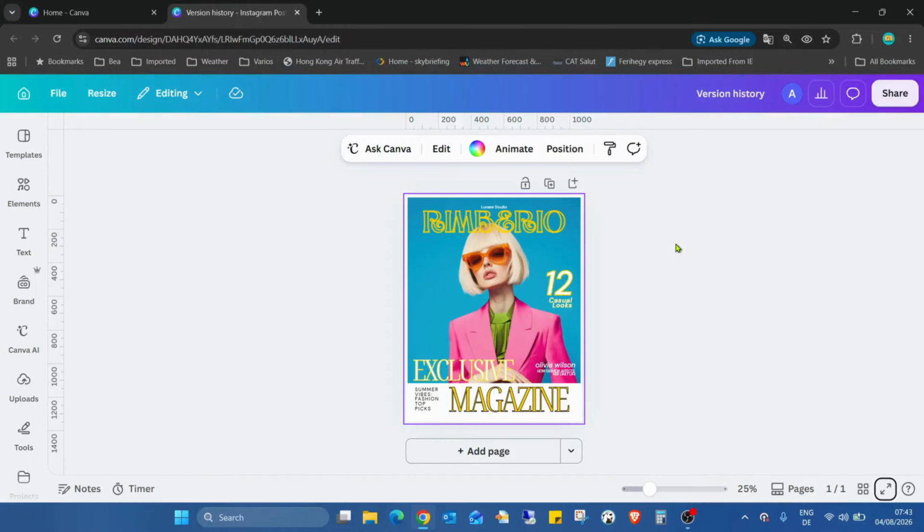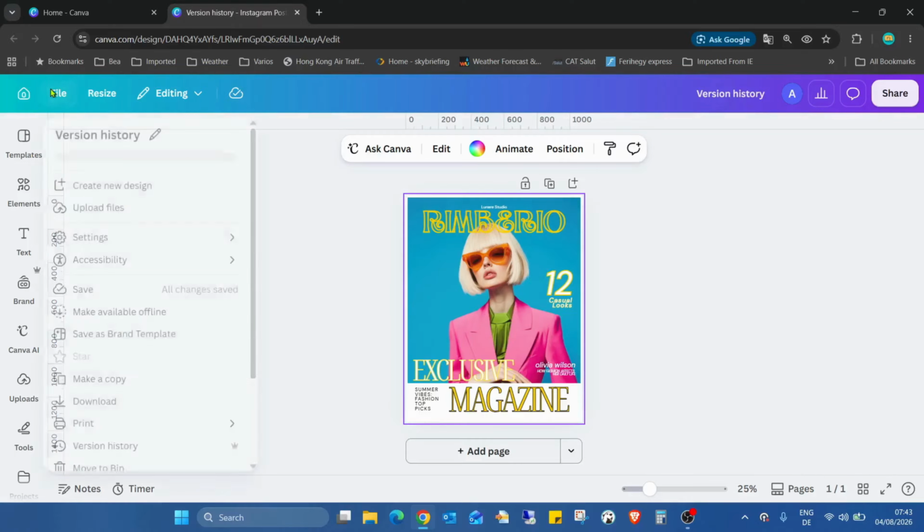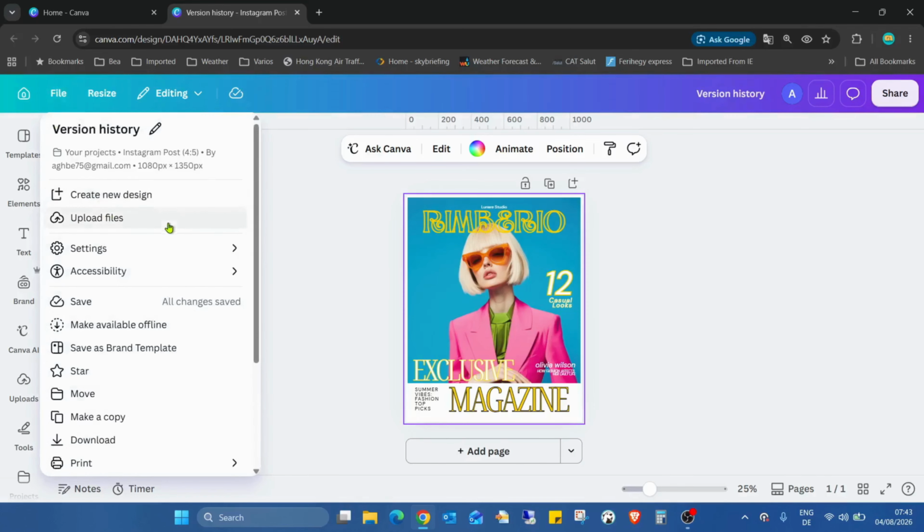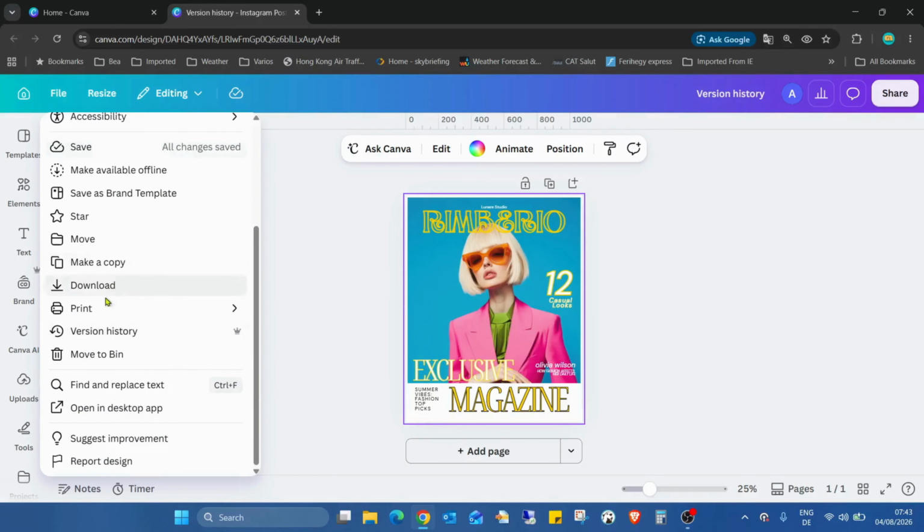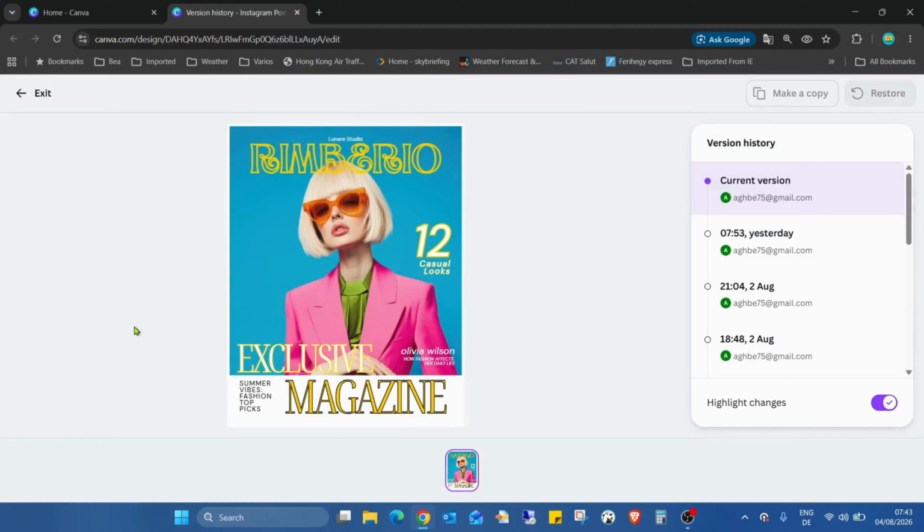So if you are a pro user, because this is a pro feature, if you go into the file and scroll down, here you can find the version history. You can see there is a small crown here, so this is a pro feature. If you click on the version history, a new tab comes up, and as you can see the days, or actually today at